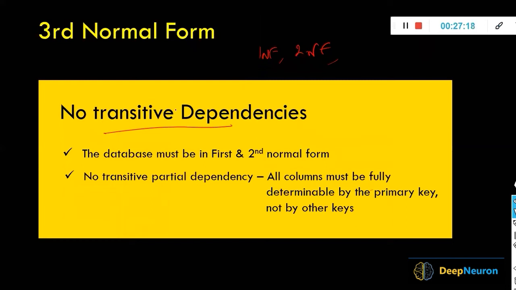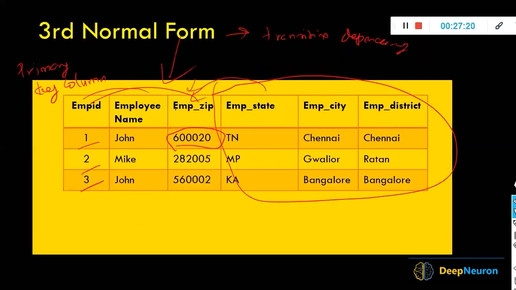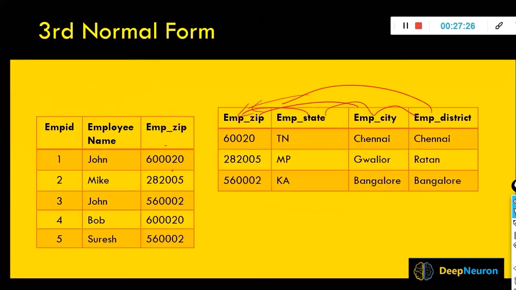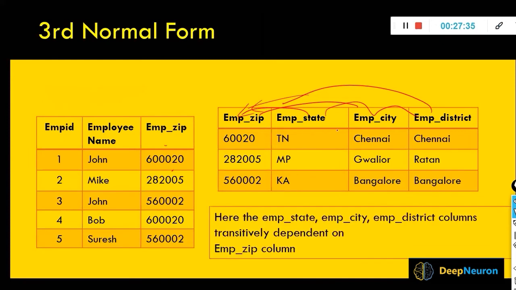So the next one is the third normal form. What it means is a non-key column should not depend on another non-key column, right? So that is the difference. So in that case, what we are doing is separating it into 2 different tables. We store the data in this one. So this is how we make sure that when we do the data model design, we apply these kinds of